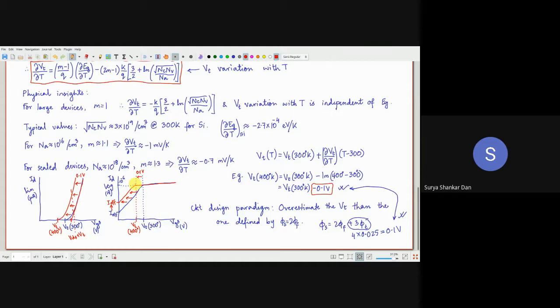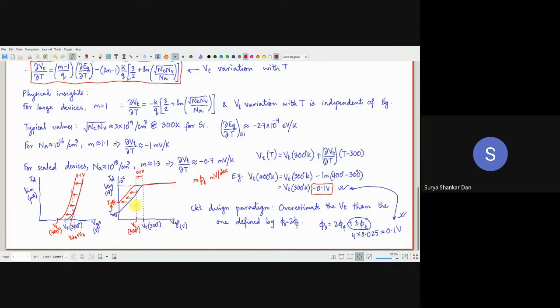But that is a very small amount anyway. Yes, that's what I'm saying. The slope change is very, very small compared to this one, because remember it is m phi t. Also, this slope we defined in millivolts per decade, and that was the unit. So the variation over here will be in the order of millivolts, so this slope variation will be in the order of millivolts per decade.